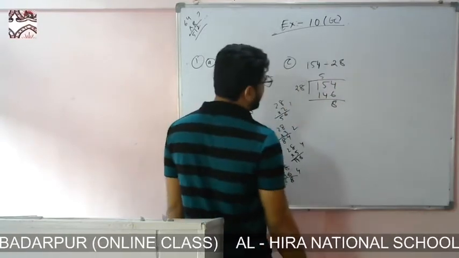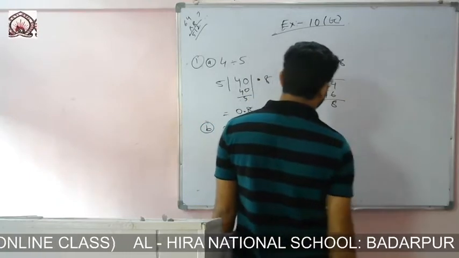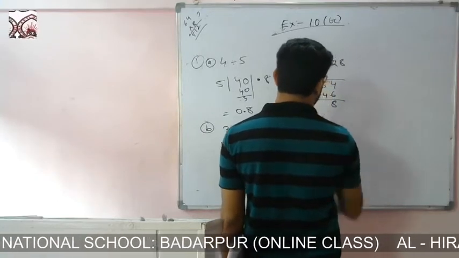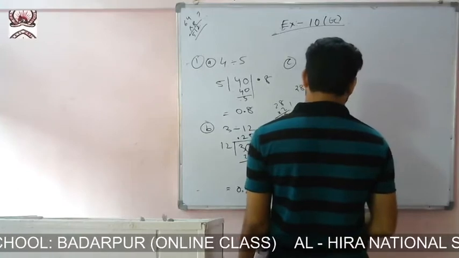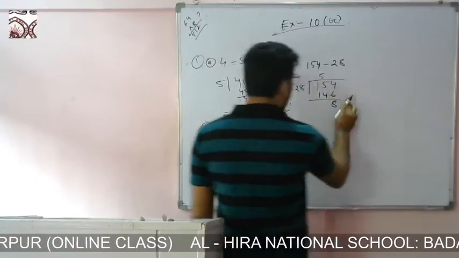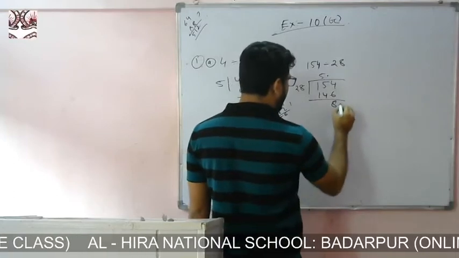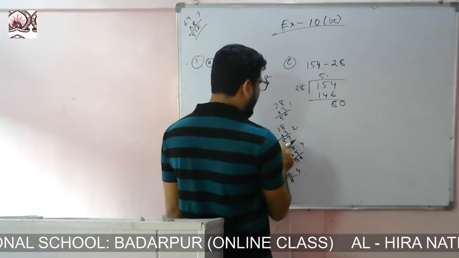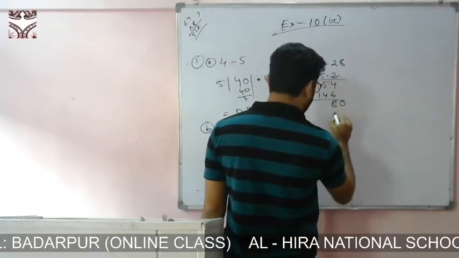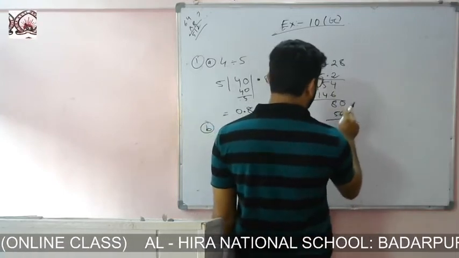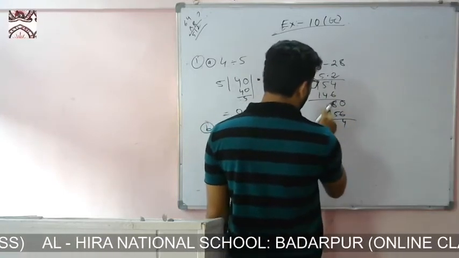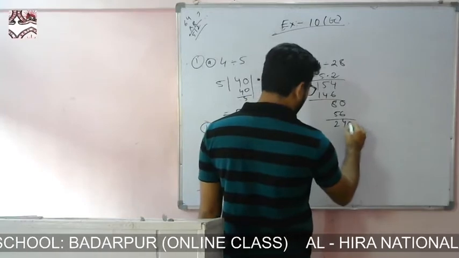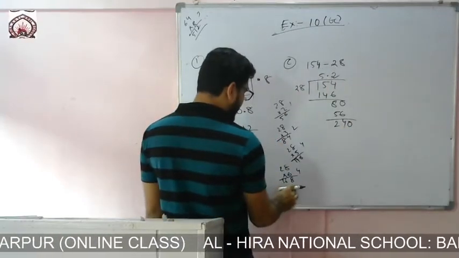Okay, then here remain what? 4, 4 minus 4 is 0, here 1 minus 1 is 0. Okay, now we'll put 1 point, then we'll bring 1 0. Now let us check 28 2s are 56, 28 3s are 84, so 28 2s are 56. Now here 10 minus 6 is 4, here remain what? 7, 7 minus 5 is 2, so point is there, we'll put what? 0. So 8s are what? 168. Now we'll check for 7.